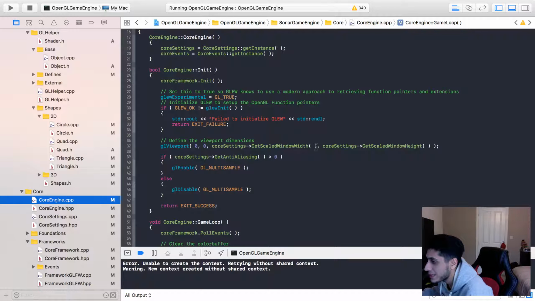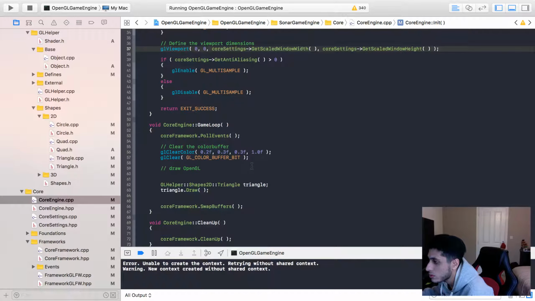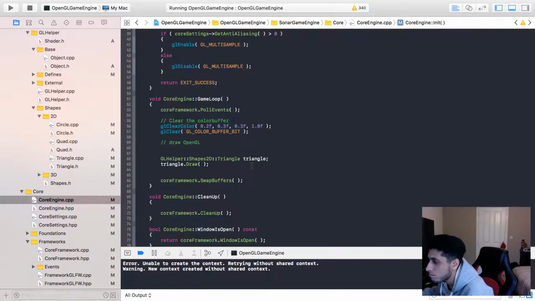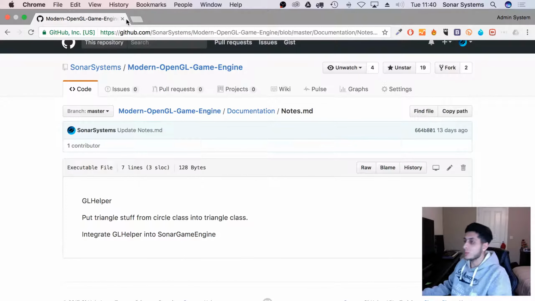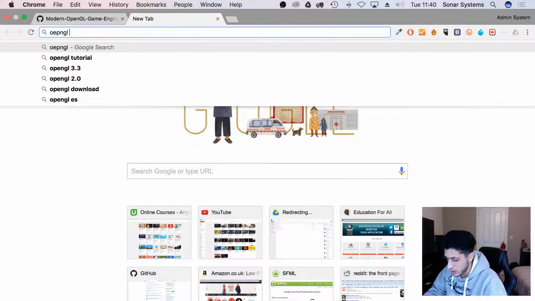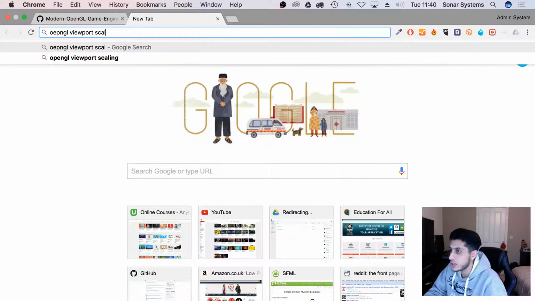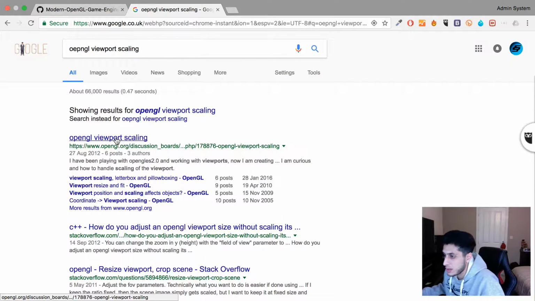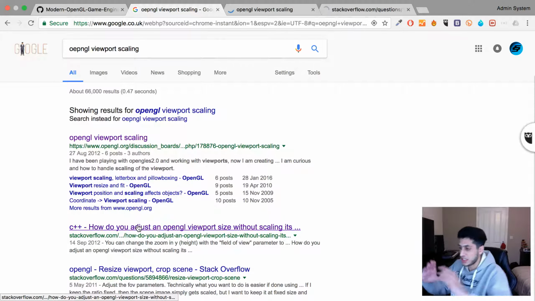GL viewport, get scaled window width. I'm going to go to Google and say OpenGL viewport scaling, because what I ideally want is when we resize